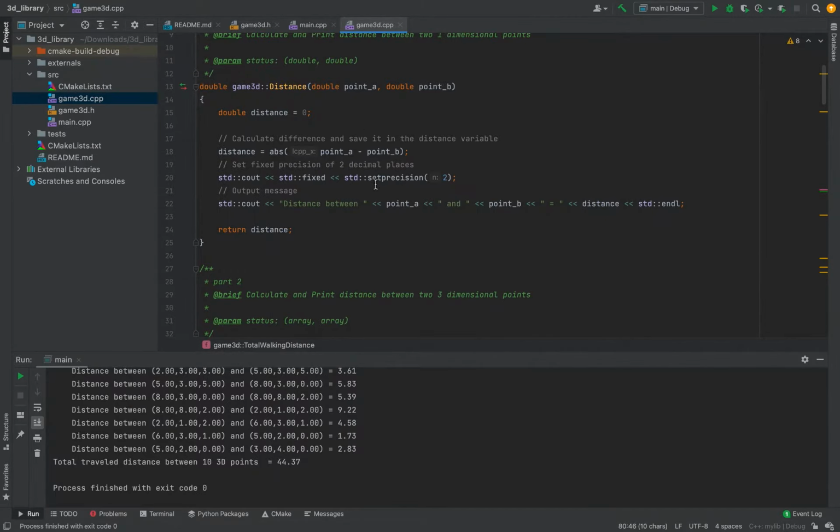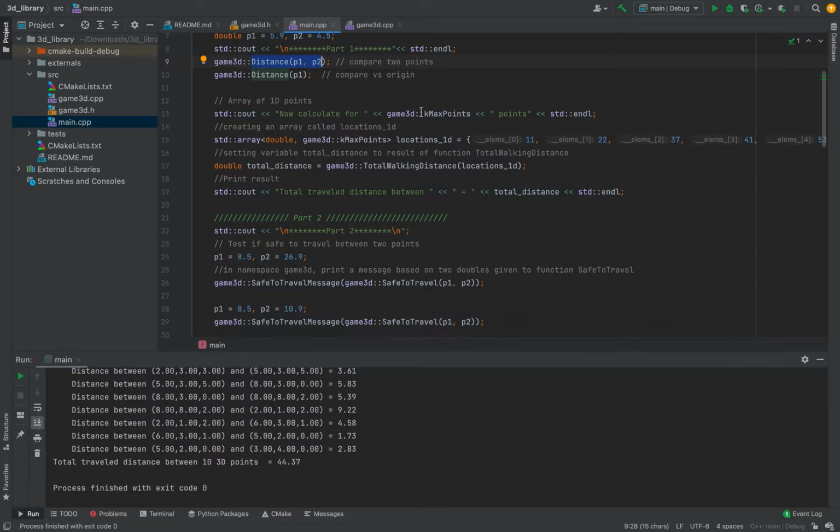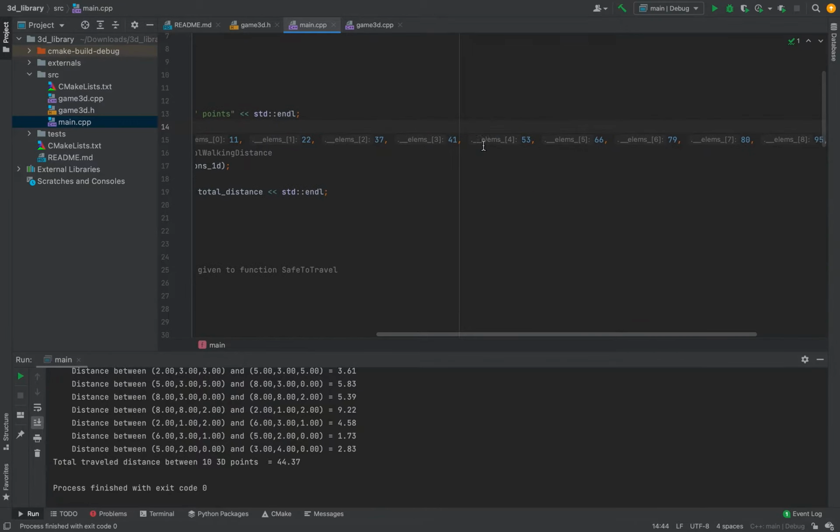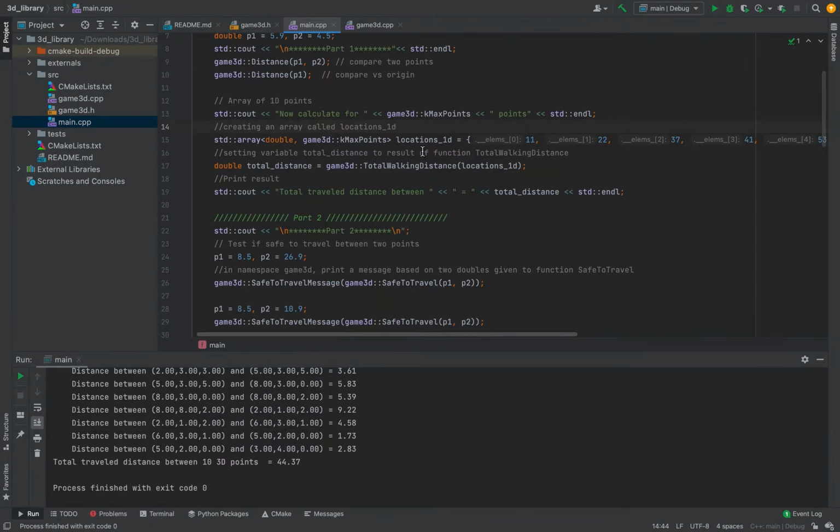Down here, it is also printing out another statement, so it's calculating for this number, which should just be 10, and then points. And this right here is creating an array called locations ID with all of these elements. So all of these elements are contained within that array, and then it's setting a total distance equal to the namespace of total walking distance, which is a function, with that array. So if we go into total walking distance,